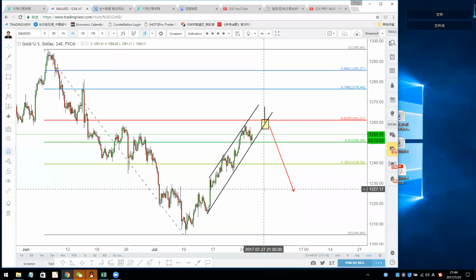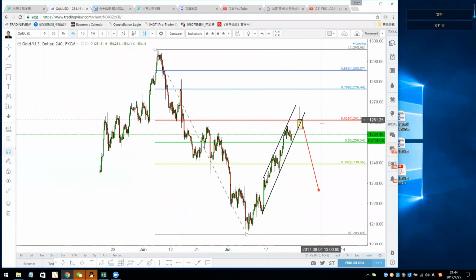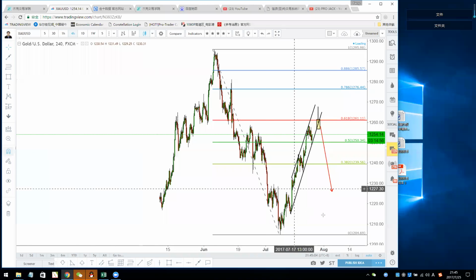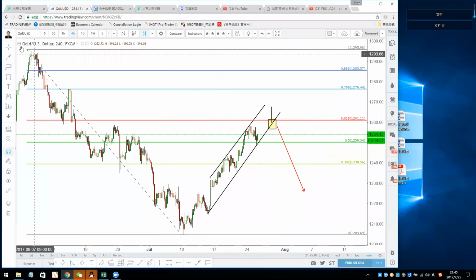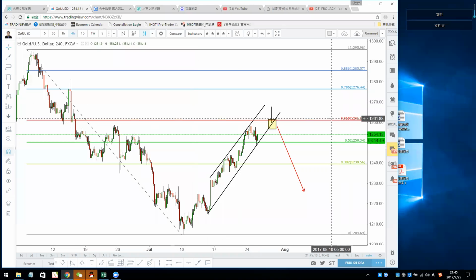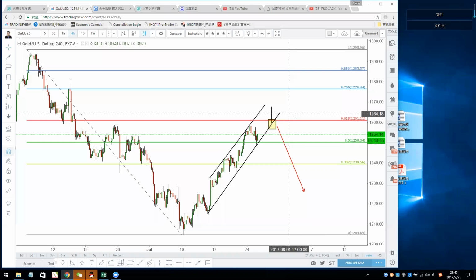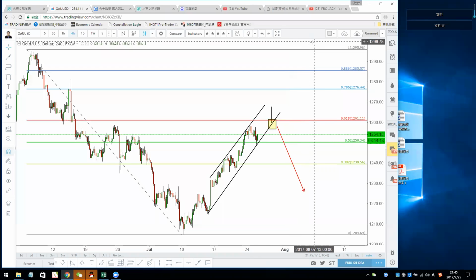Yes, Fab. On the daily chart, gold completed 2618 around 1261. That is a potential big double top from back to 0.618. But pay attention, that is the daily chart. From 1261 to 1295, that's huge, a 300 pip move. So you don't want to really short at 1261 with a stop at 1300. That's too big for the stop loss.